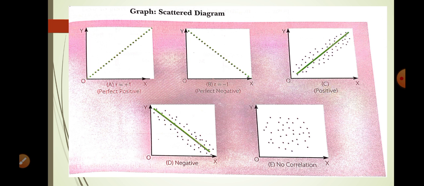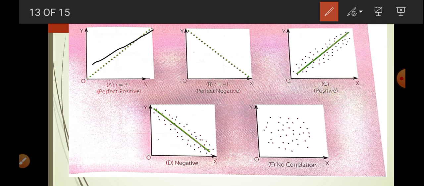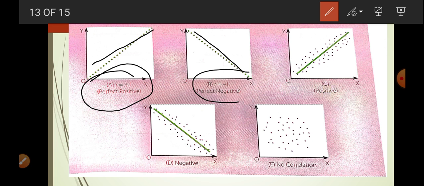Okay, here you can see that it is an upward sloping line, left to right, and it is a straight line totally, so here we find +1, that is perfect positive. Here it is downward sloping and all the points are on a straight line, so there is a perfect negative. You can see here it is positive because upward sloping, but all these points are near to this straight line, so here it is positive, and the points which are very close, that is going to represent high degree. The points which are far, that is going to represent moderate, and too far, that is going to represent low degree of correlation.